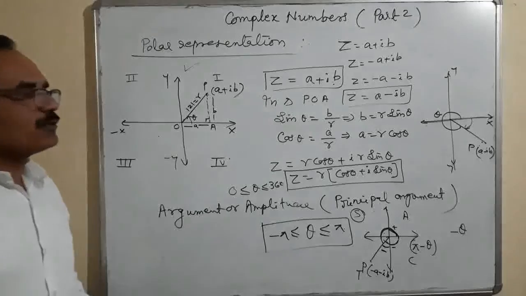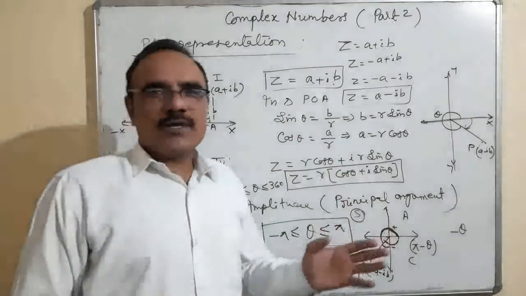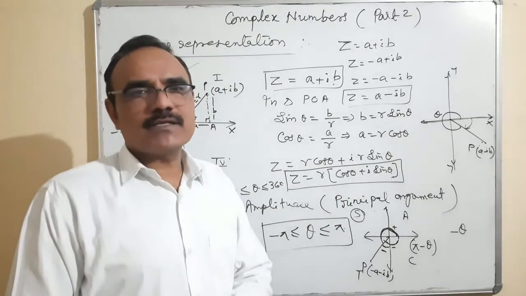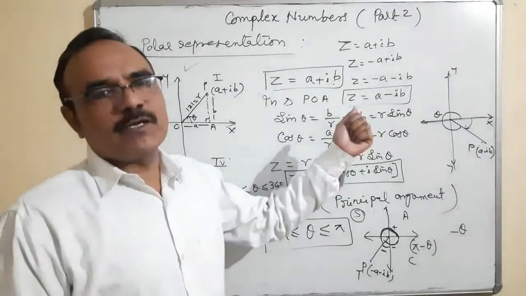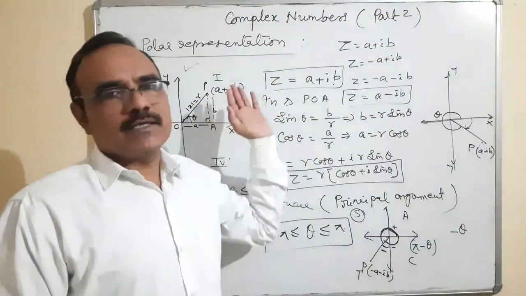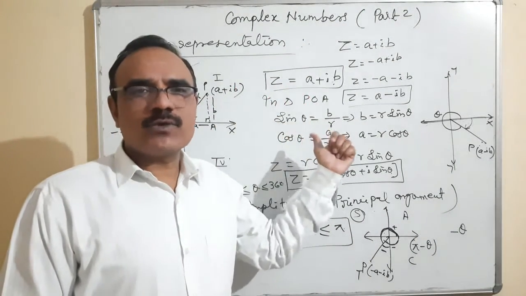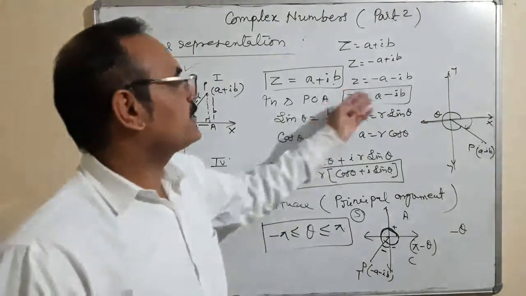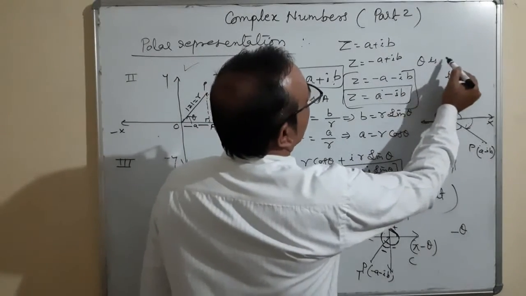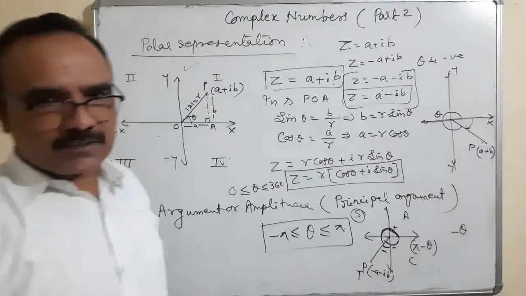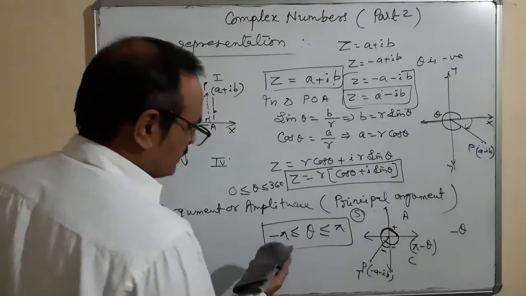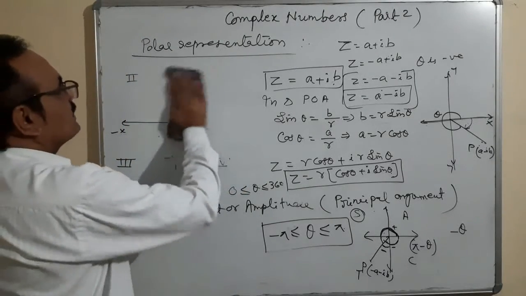Let us take one example and then you will understand it. If any term is given and you are going to represent it in polar form, while seeing the complex number we will understand in which quadrant the value of Z lies: first, second, third or fourth. If it is in the first or second quadrant, then theta is positive. If it is in the third or fourth quadrant, theta is negative. So in these two cases of the principal argument, theta is negative. So this is the polar representation: Z is equal to R cos theta plus i R sin theta.